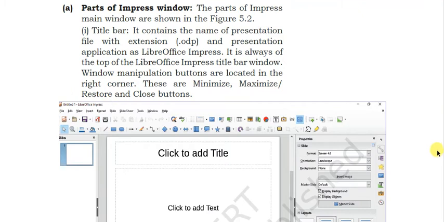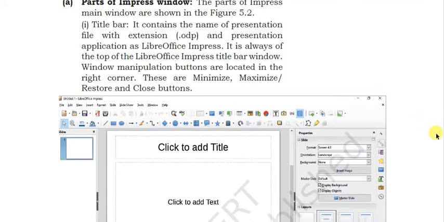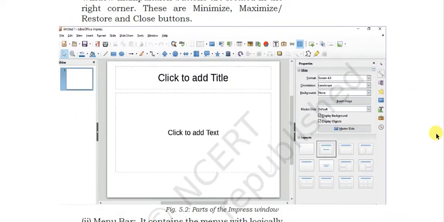Here you must know the extension of this Impress, that is ODP. Here are the buttons for minimization, maximization and close. So this is the window.